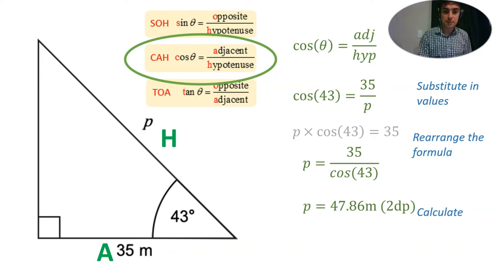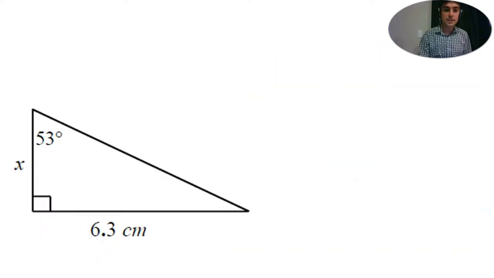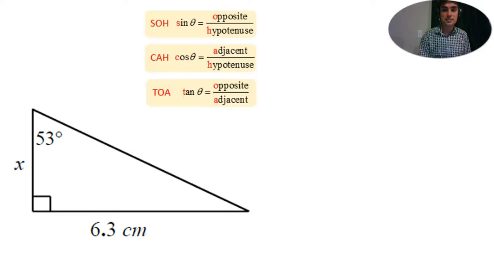So just another example for you. Here is our triangle. Again, you can see we've got one side and one angle. We don't know the other side, so we can't use Pythagoras. So again, we're going to be using these trigonometry ratios here. Labeling the first side,